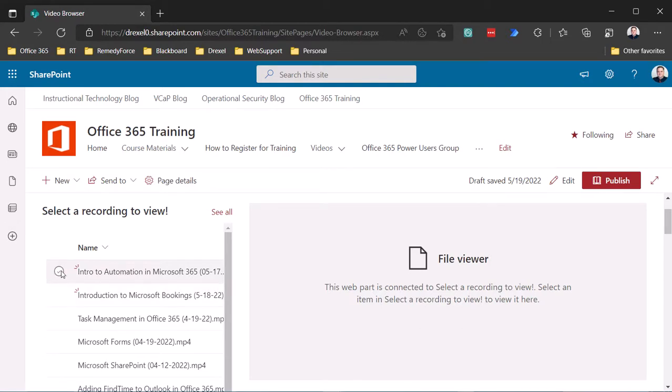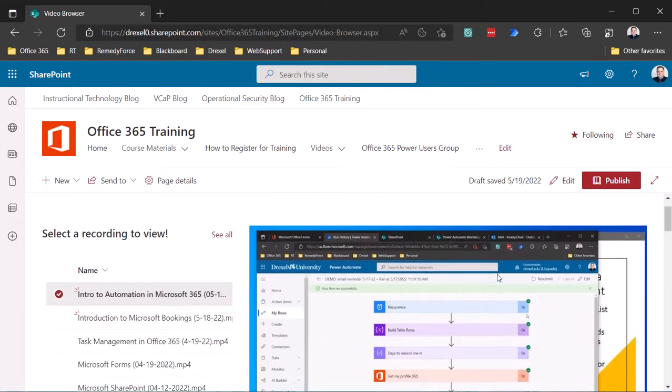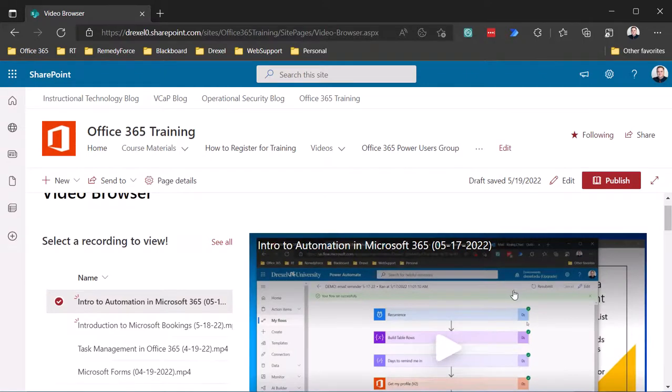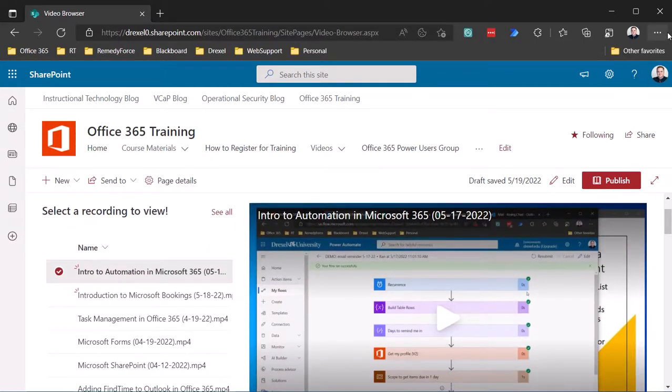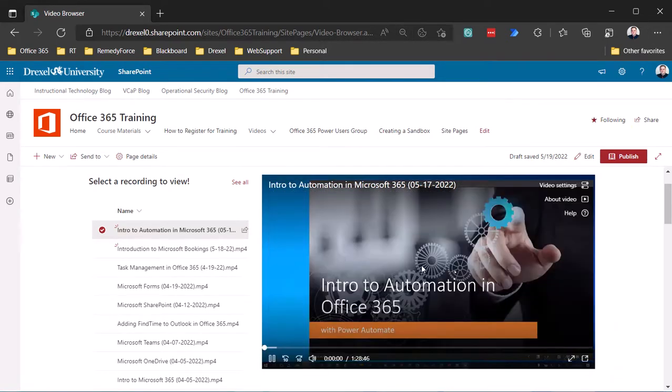But the point is, all I need to do is select a file there, select one of those recordings, and that will then appear in the right hand side. Now if I zoom out a little bit, we'll be able to see the whole thing, so then they can view this. Now the downside of this is that it's